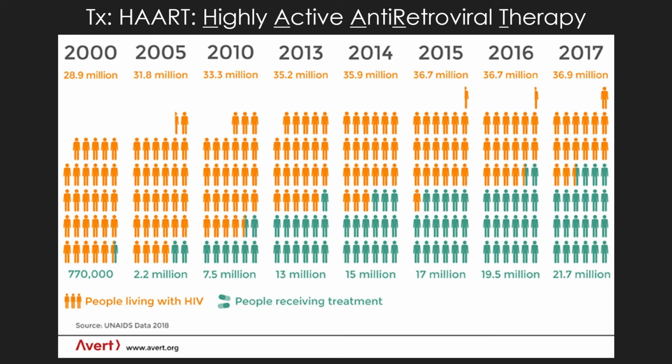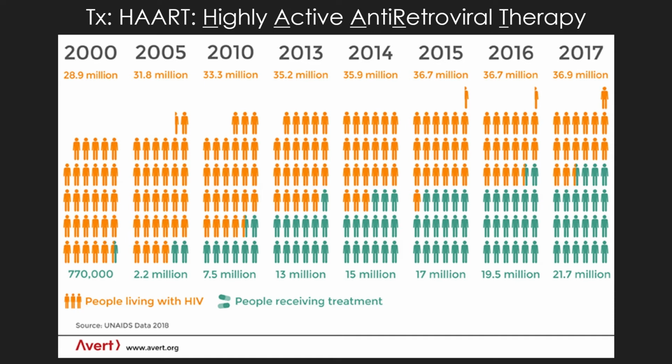but look over time, look from 2000 to 2005 to 10, 13, 14, 15, 16, 17. Look at how much more of that total number of people is shown in green rather than orange. And in 2017, 21.7 of 36.9 million people living with HIV were receiving treatment. So this is excellent news. This is cause for celebration, but it's not reason to stop fighting, because there are still millions of people who do not have access to